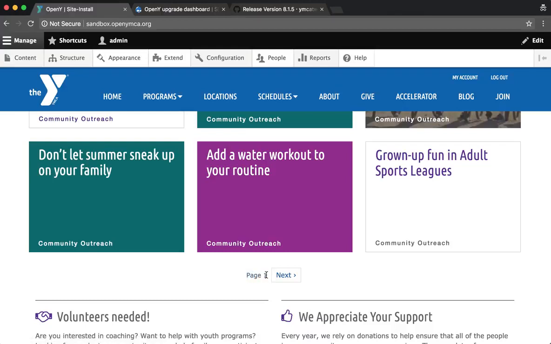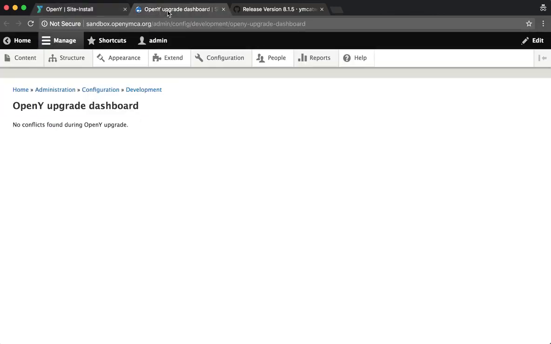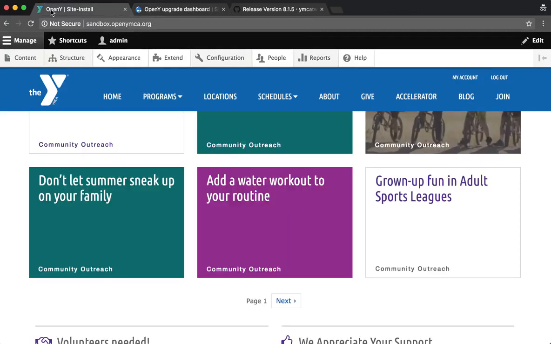It's fine for my requirements and for my association, and I'm really happy with that because it works without any problems. If I get back to the OpenY Upgrade dashboard, I will see that there is no conflicts because I haven't tried to update the OpenY to a new version. Let's imagine that a new version was released a few hours ago, 1.6. There are a lot of new features, there are a lot of different fixes, and one of the fixes from the OpenY